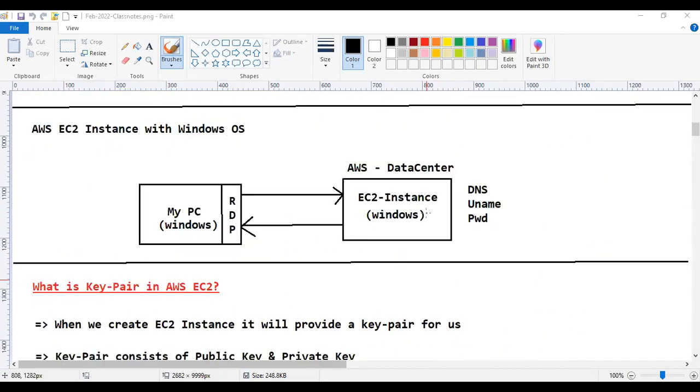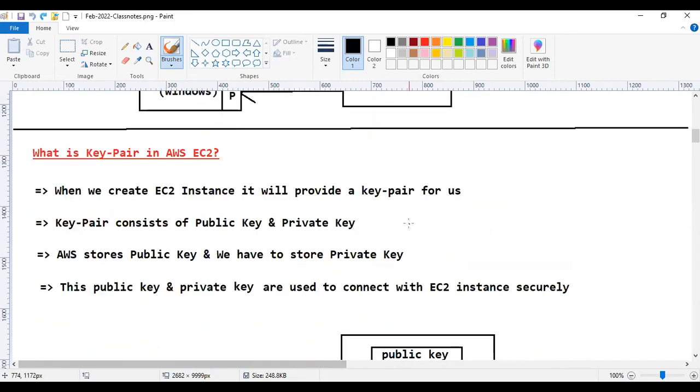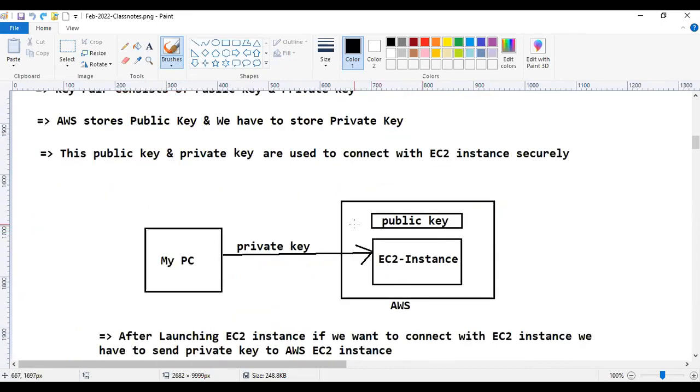If you launch an EC2 instance with Windows operating system, you can connect to that by using the RDP application. One Windows machine can connect to another Windows machine by using RDP, which is nothing but Remote Desktop Connection. Now, when we are launching an EC2 instance, the EC2 service will ask you to